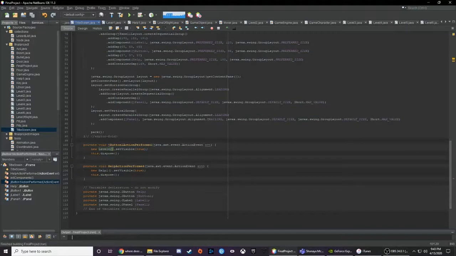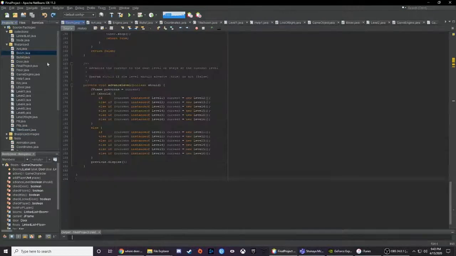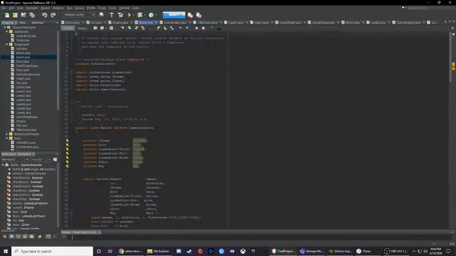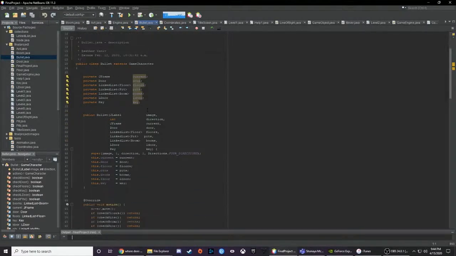So I'm particularly proud of this code. It's used a lot, and it's just the way I refined it and the way I made it look. I feel like it works really well the way it does. And I think incorporating linked lists for the bullets and for the floors and stuff was a good choice, because